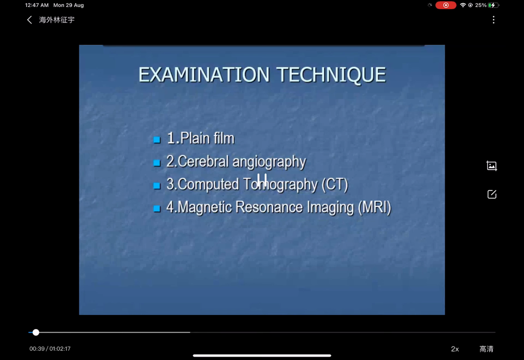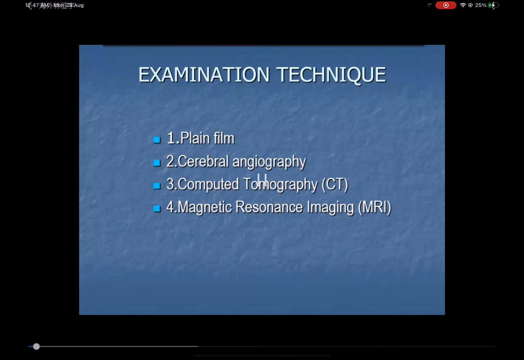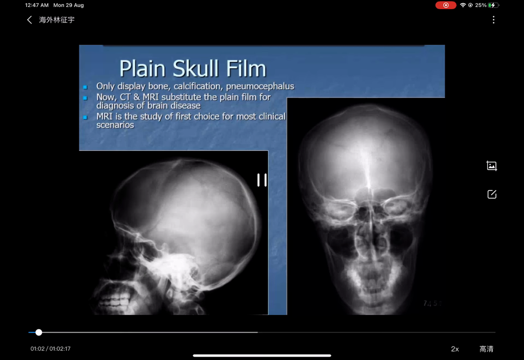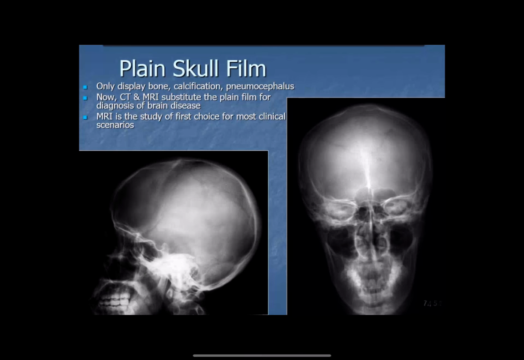The examination techniques of brain imaging include plain film, cerebral angiography, computed tomography, and magnetic resonance imaging. Plain skull film only displays bone, intracranial calcification and pneumocephalus. The advances in neural imaging have had a remarkable impact on the diagnosis and treatment of neurologic